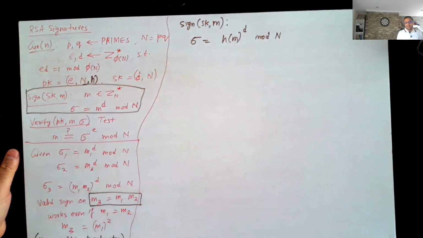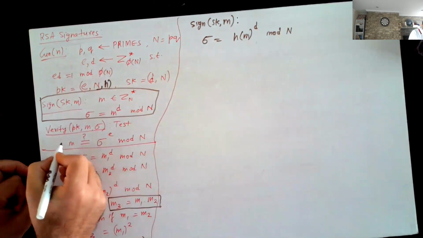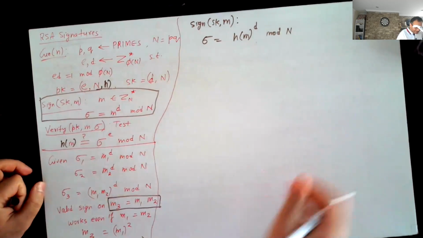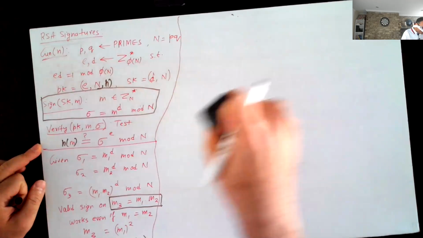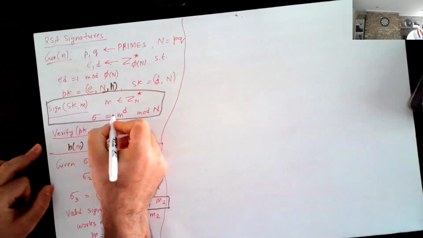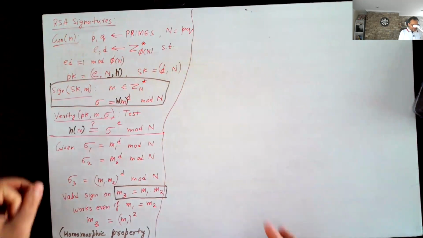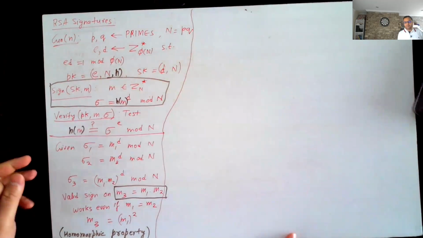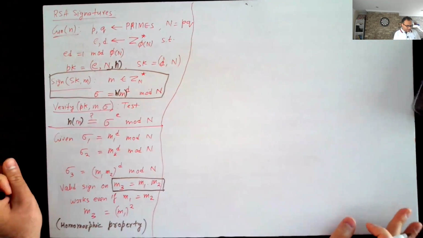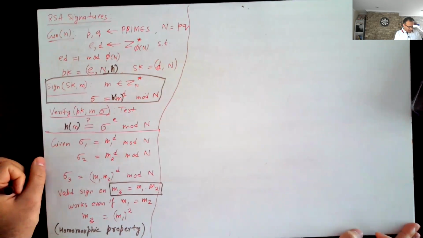Okay. Now let's say you want to forge, and again, how do you test? This should be equal to hash of m. Let me just edit the description here. Okay. How do you verify? You just test the hash of the message should be equal to sigma to the power e mod n. Now, does the